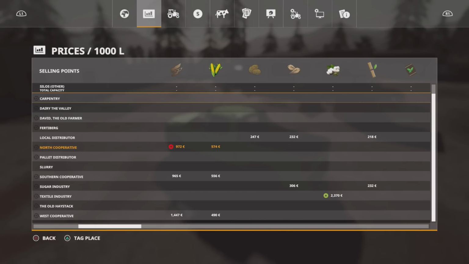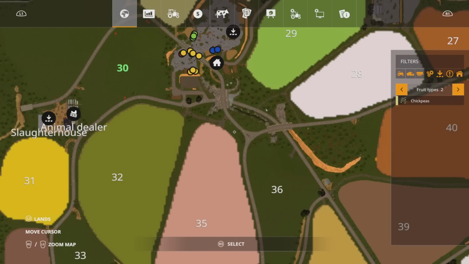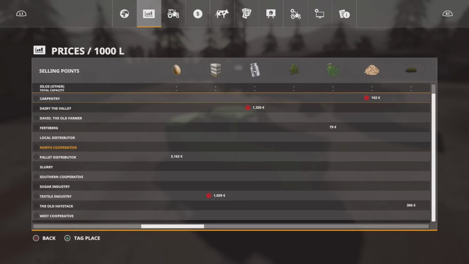Now, if you're not sure what all of those crop things represent, for the most part, if you go across to the map menu and then look at fruit types, the symbol will match up with whatever it is on there. If I go across one, you've then got the chickpeas icon. Obviously that doesn't cover all of them, because we have got milk, but there's also sheep milk now, and some of these we've got total mixed ration, we've got chaff, wood chips, silage, grass, hay, straw, which are all across the top there. There's obviously fuel,